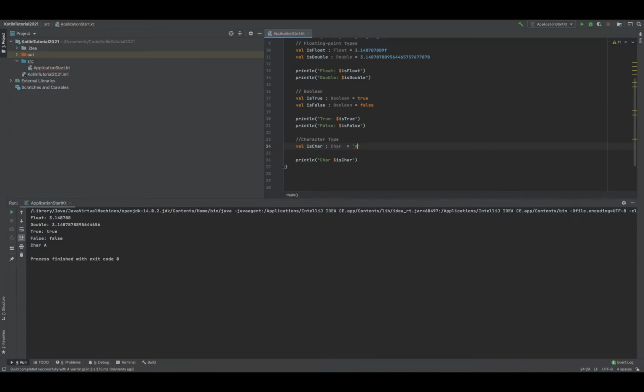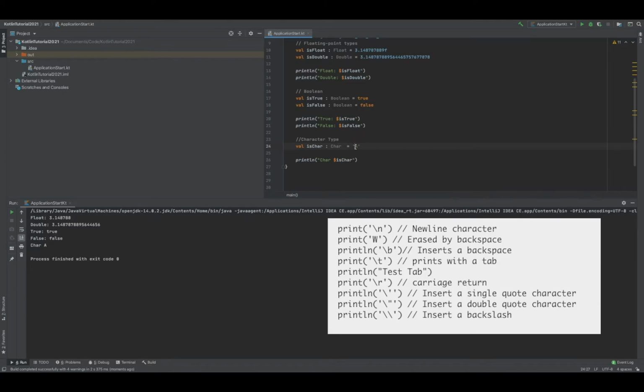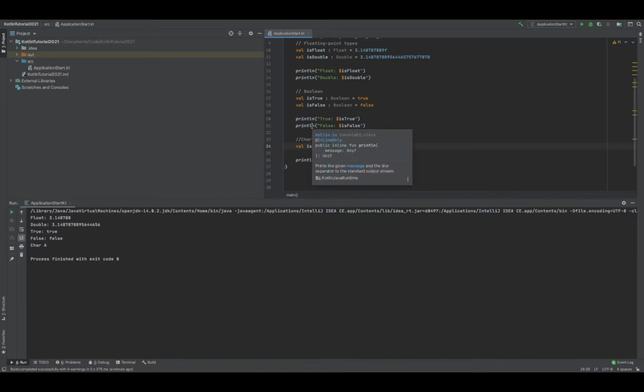But let's talk about some special things we can do with a character. Characters have a special function. Now, I'm not gonna go over all of them, but I'll leave a chart. But we can do special things with a character type. We can create a thing called a new line, which we always use println to create a new line after you print something out. But we can also do this with a character. And to do that, we just use a backslash and an n. This is to let Kotlin know